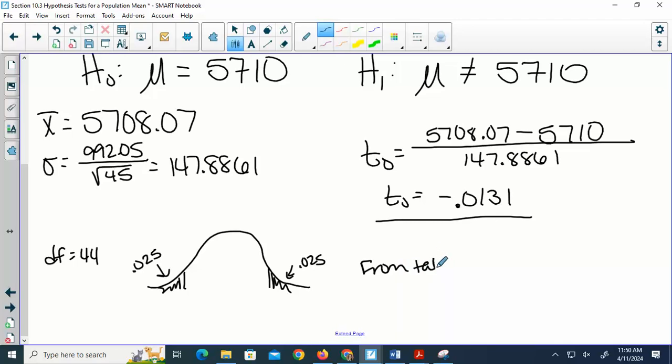From the table, t could be a positive or negative. Let's see, so 44 degrees of freedom, do we have that on our table? No. So what's the closest one we have? 40. So if we look at 40 and 0.025, we get